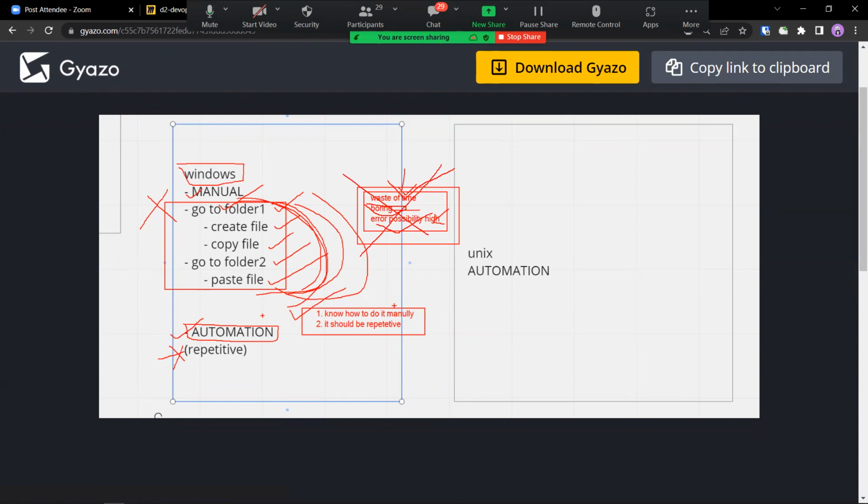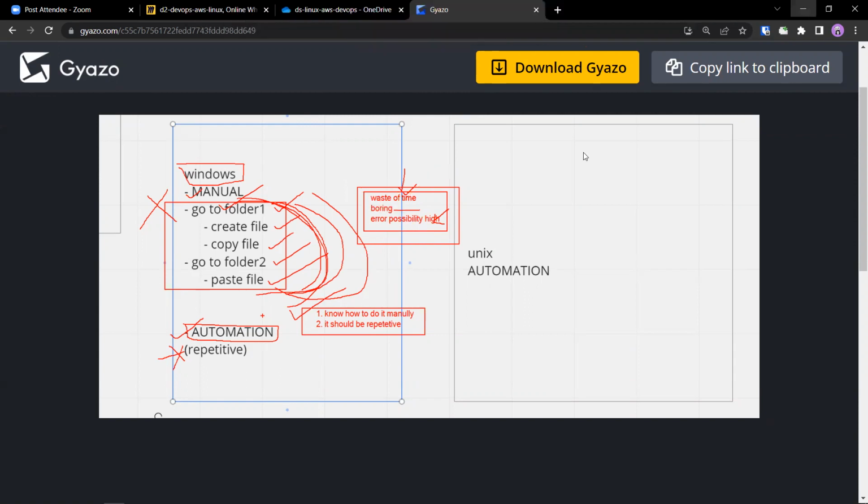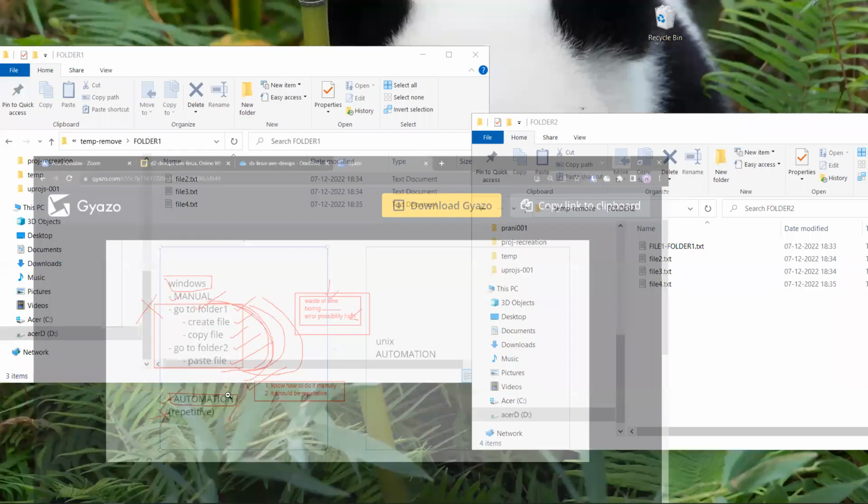Now that you want to avoid these three things, even on Windows, you started thinking, is there a way that my machine can do it? You remember what is automation? In general, introduce a machine into the process, anywhere.